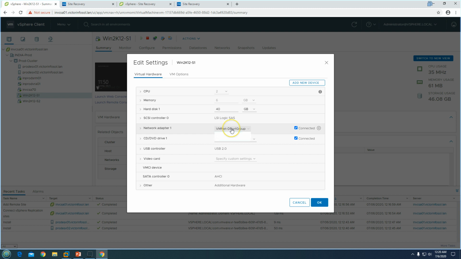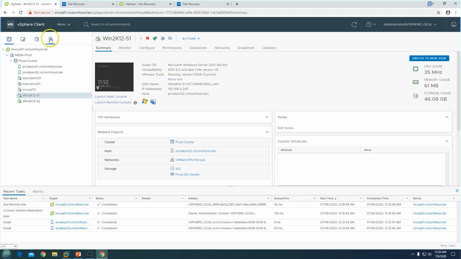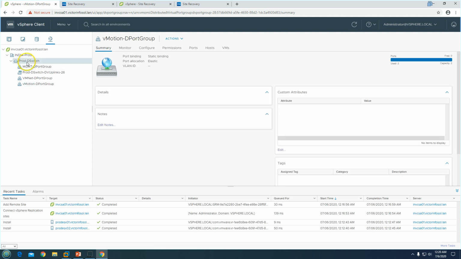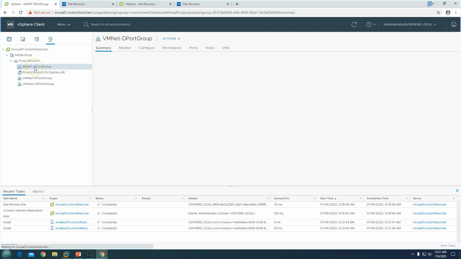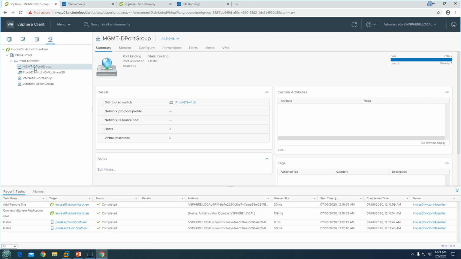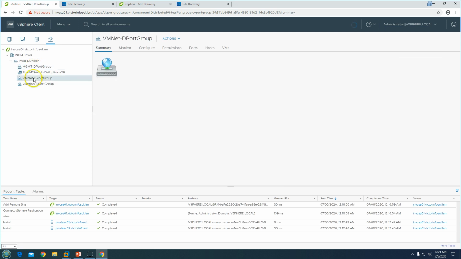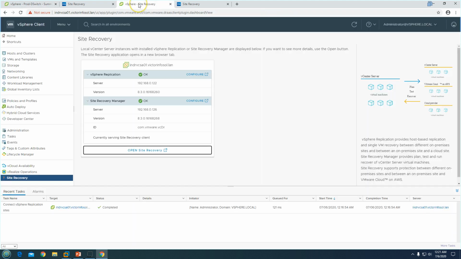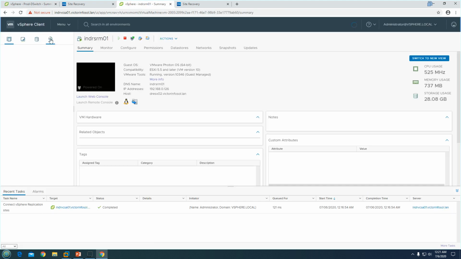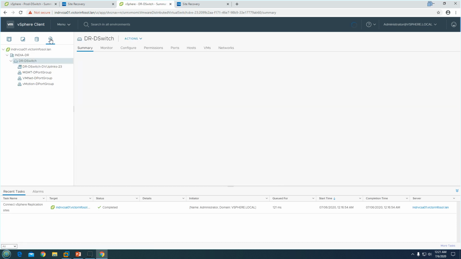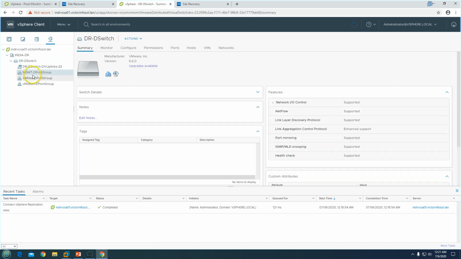If you see here, I have one distributed switch, which has basically three dB port groups: management, VMnet and vMotion. I've got the same thing on my DR site also. If you go to DR, you will see the same three ports. So I'm good with the networking.